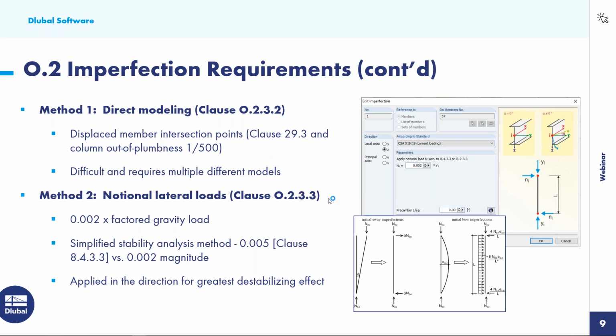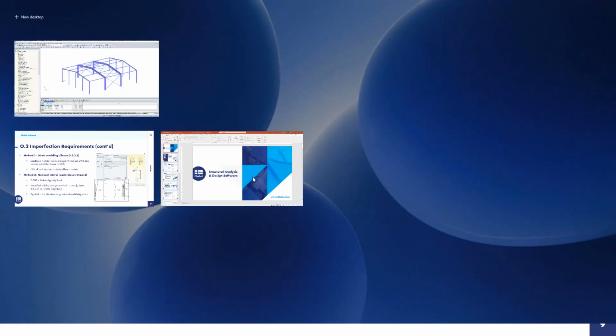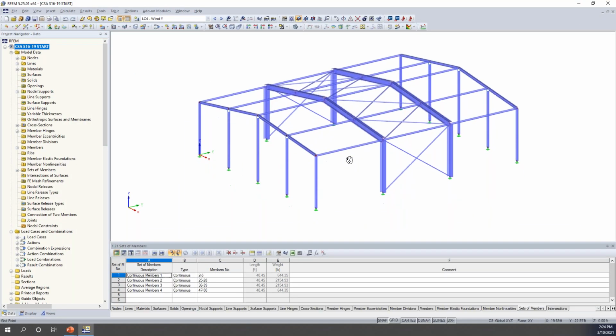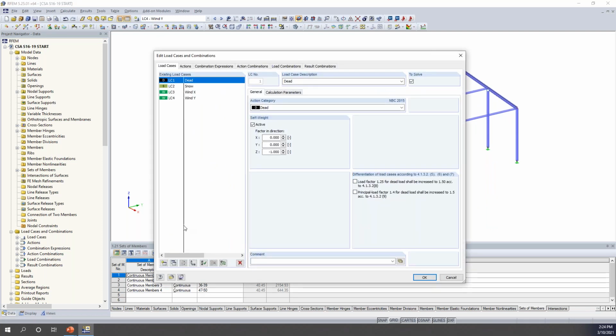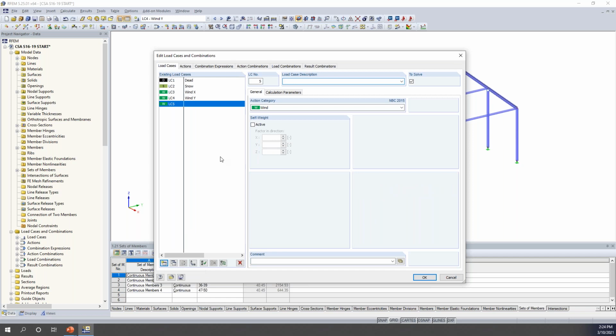While this is fresh in our mind, what we'd like to do then is to jump over to our RFEM example and to apply these notional imperfections directly to the structure. So what I'm going to begin with here is to create a new load case. The load case is going to be called imperfection in the X, with the action category set to imperfection. I'm going to make a copy of this and we'll call this one imperfection Y, with again the action